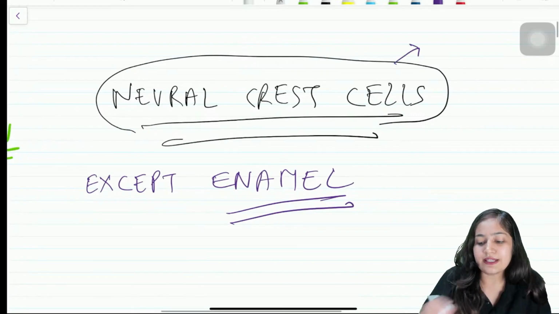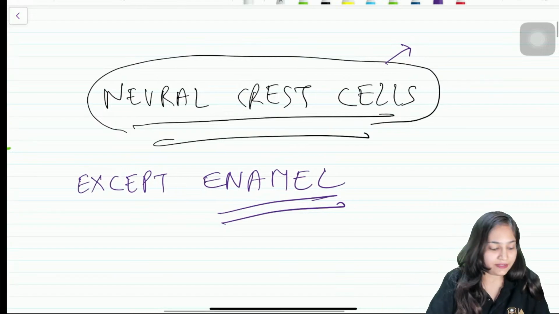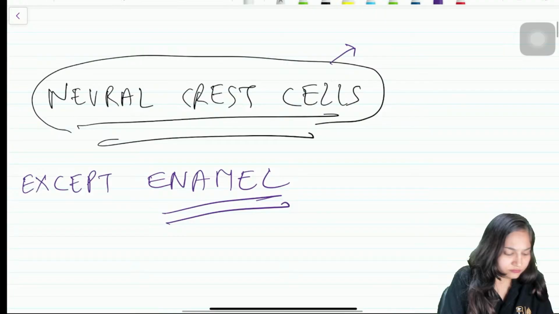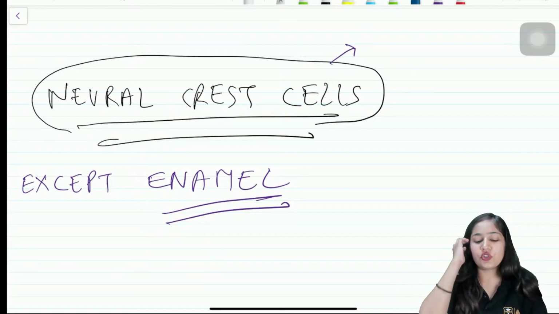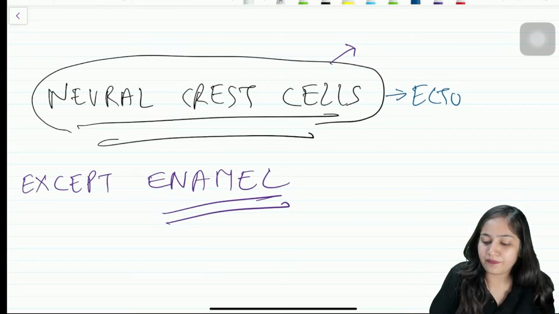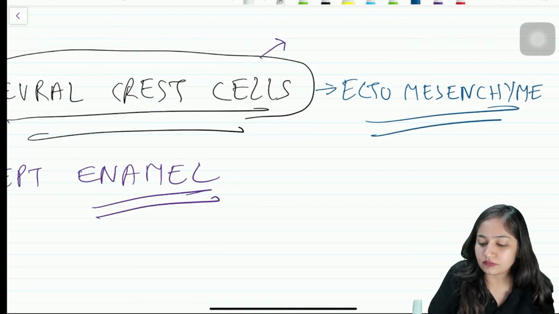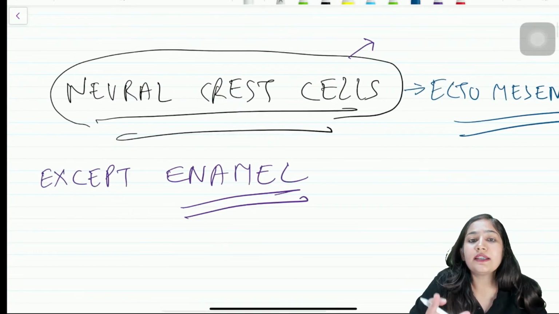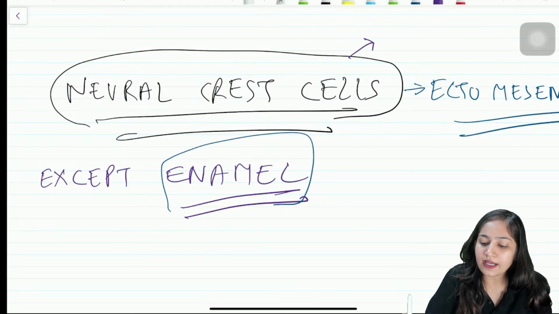These neural crest cells mainly constitute ectomesenchyme, connective tissue, right? So neural crest cells are mainly present in the ectomesenchyme, the connective tissue portion. So all the dental tissues are derived from neural crest cells except enamel. This is again an important MCQ question,